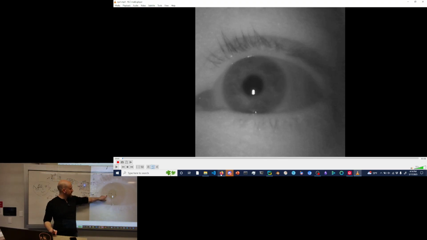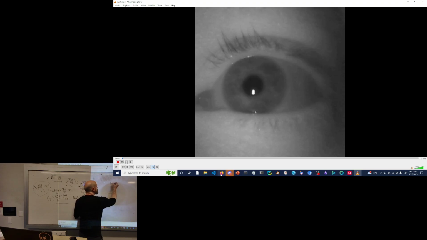Now we have managed to boil down this 160,000 degree of freedom data type down to 2 degrees of freedom, which is way better, way more tractable. So from this whole data blob, there's actually only 2 numbers that we need to define the parts of this that we care about, and that's pupil X, pupil Y,